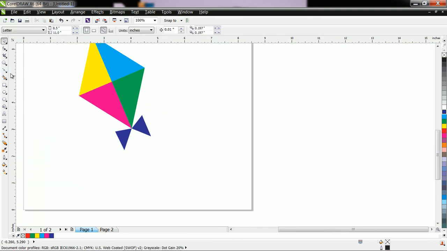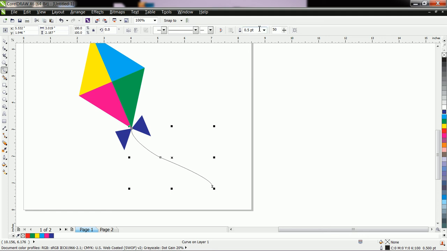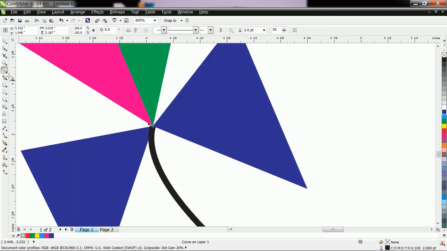And now with the help of freehand, let us draw the line. Okay, and always send this line behind the kite.